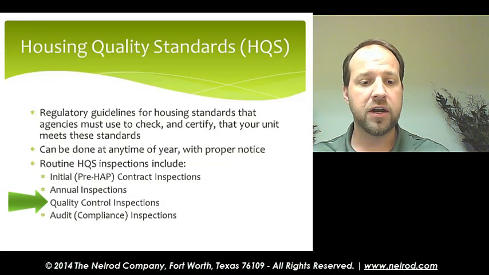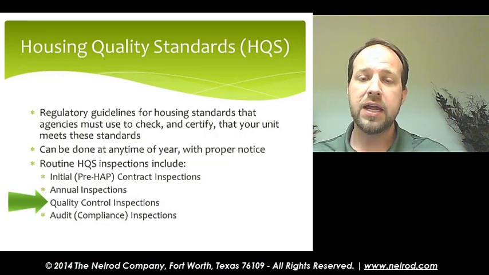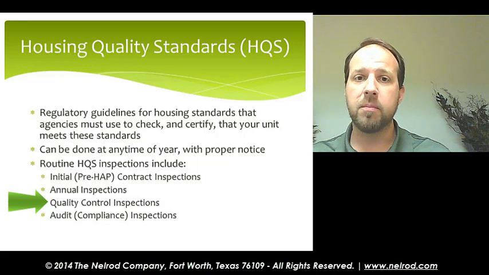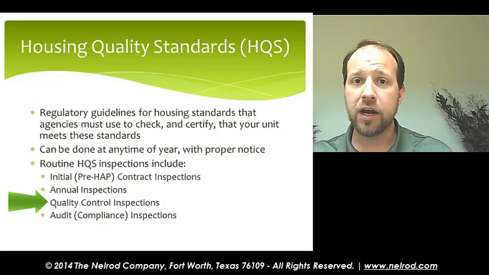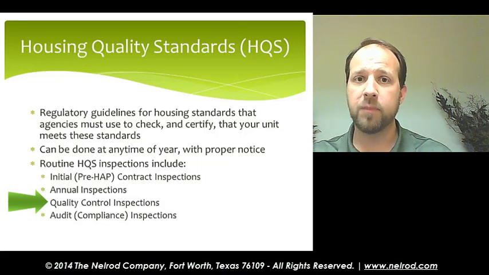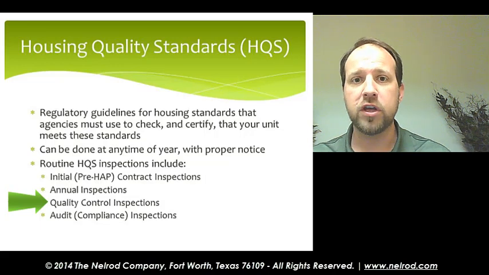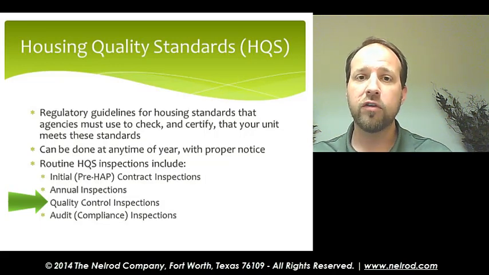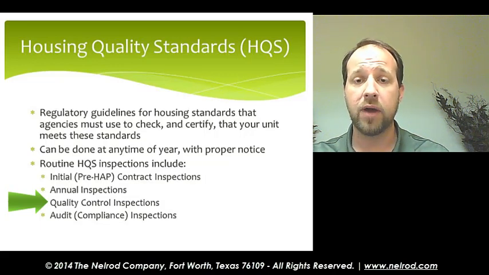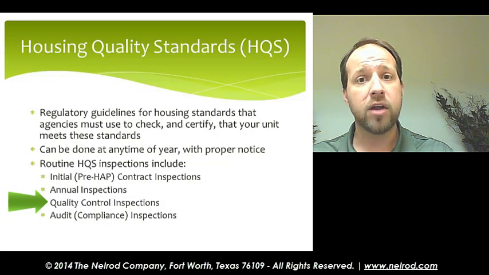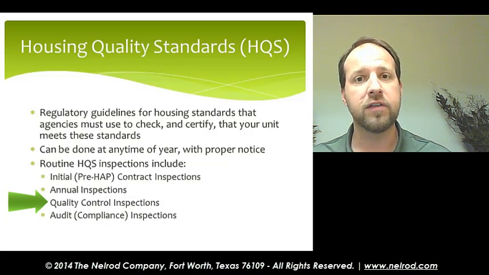The next item that we see down here are quality control inspections. And again, these inspections are actually done by other members of the agency to ensure two things. Number one, that their staff and inspectors are catching and inspecting items in the proper manner. And also, too, to add a little bit more sort of quality of inspectable service that you would expect from the agency themselves. So they're not only checking to make sure that the inspectors are looking and evaluating the property correctly, but also that they know what items to look at and how to evaluate these deficiencies correctly to ensure you're getting the best results.